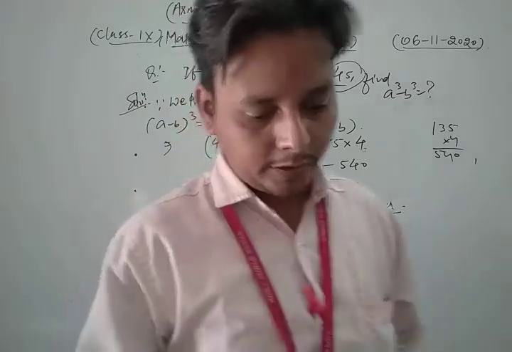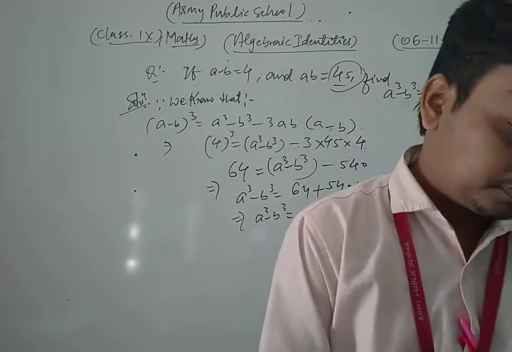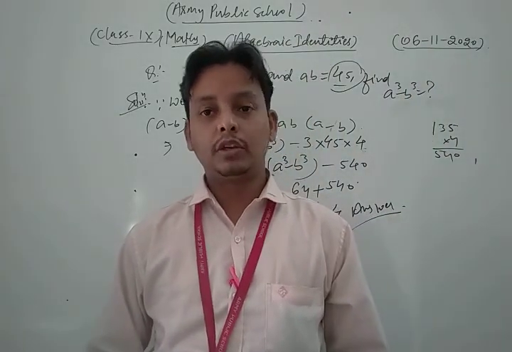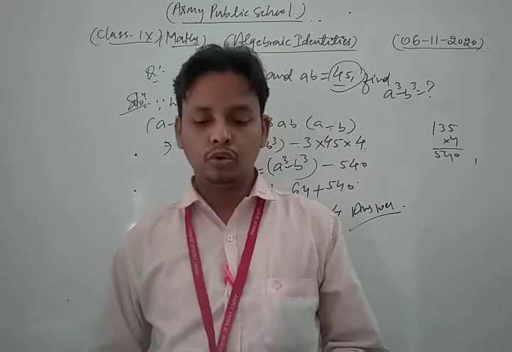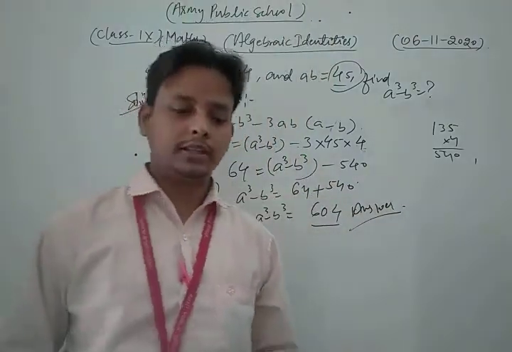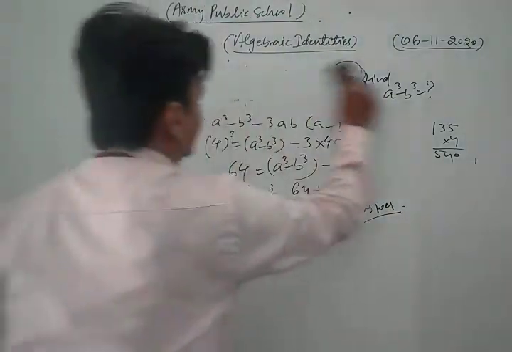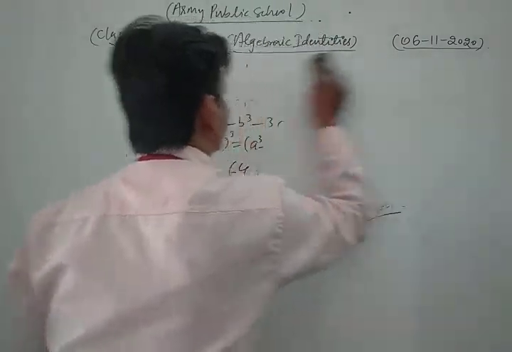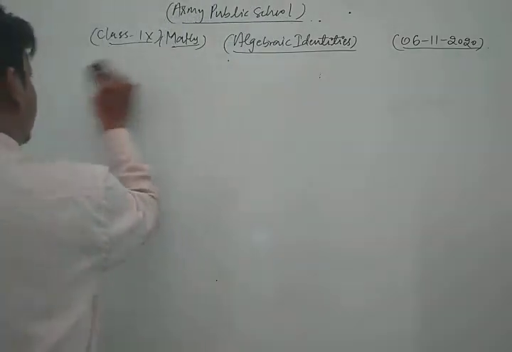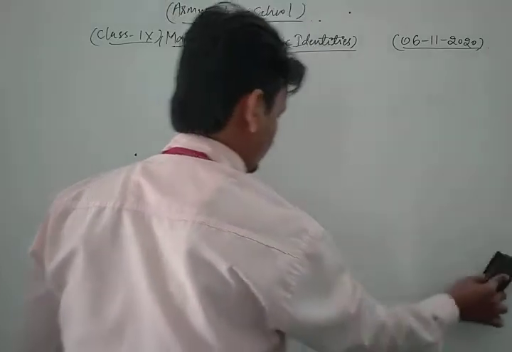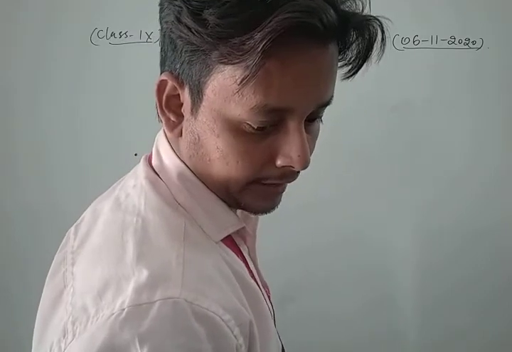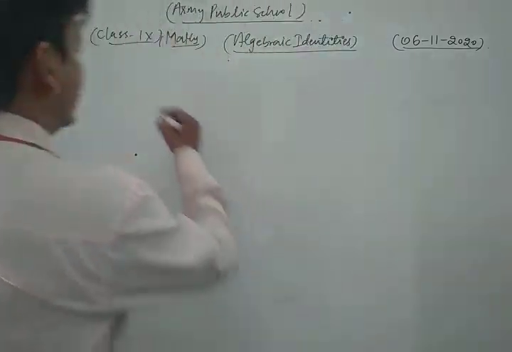Now, dear students, we take some other important questions based on the identity a cube plus b cube plus c cube minus 3abc, which is a very important identity, and in the previous class we also discussed some very important results based on that identity. Now let's see. We take some questions based on that topic. Let's see. Find the product. Your question is